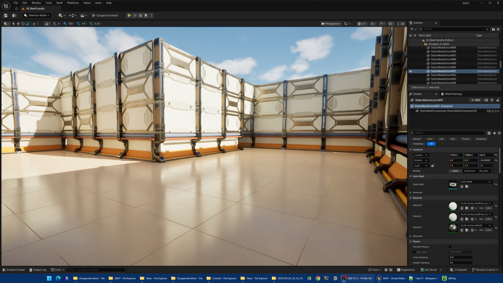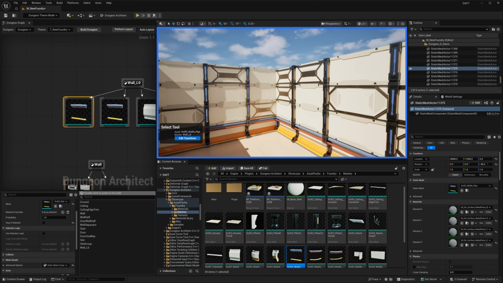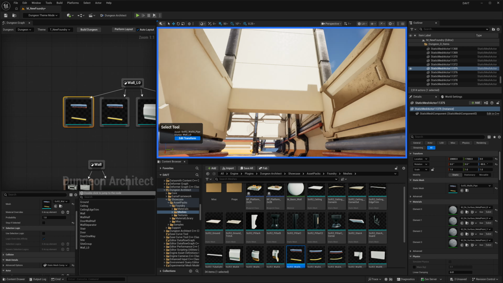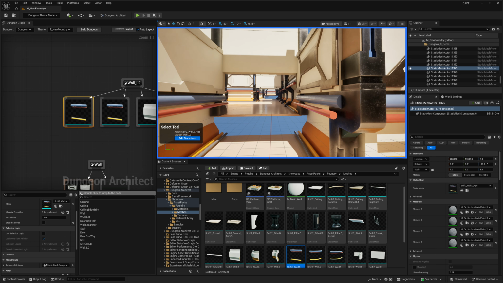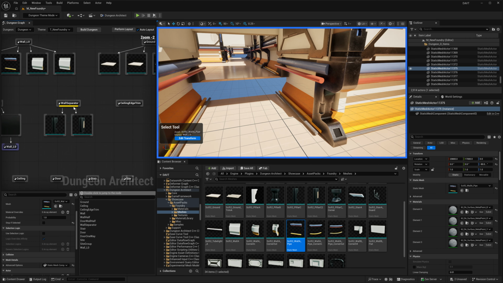So continuing from where we left, we created the base structure for our Foundry theme, and in this video we will look at creating the ceilings and setting up the light for our dungeon. Now let's work with the stairs. So I'm gonna drop in the stairs,